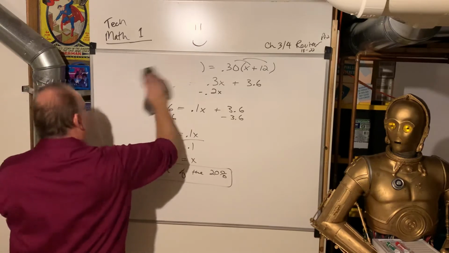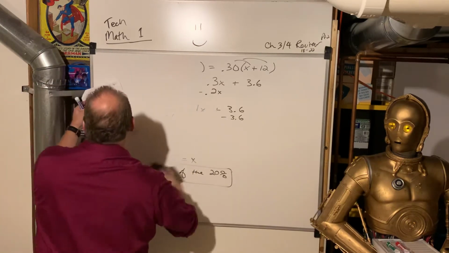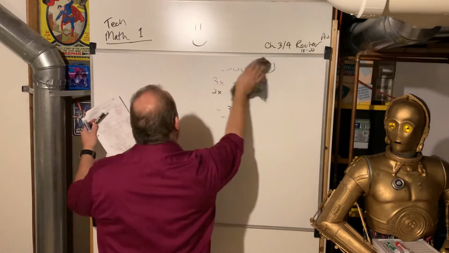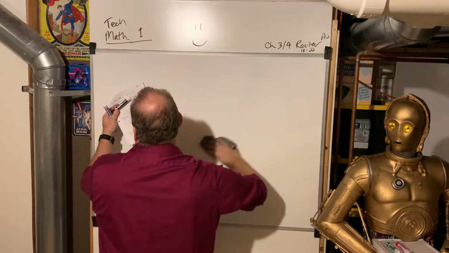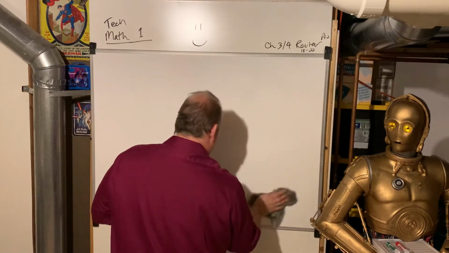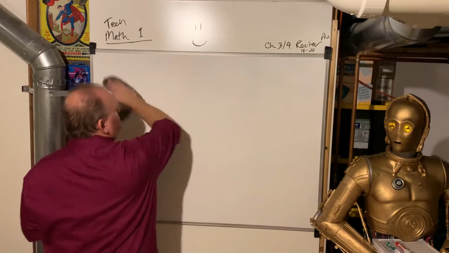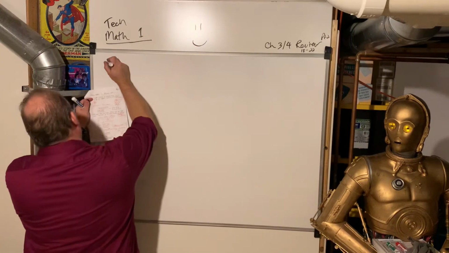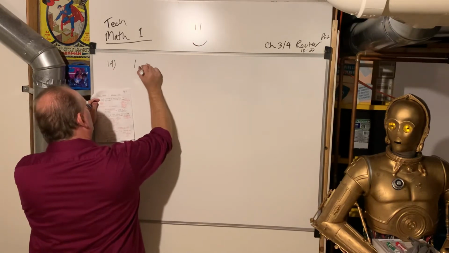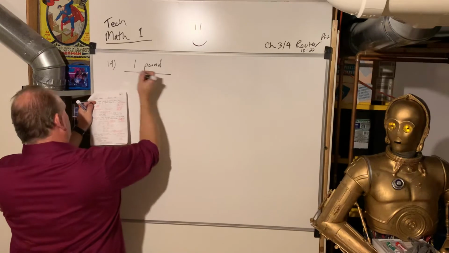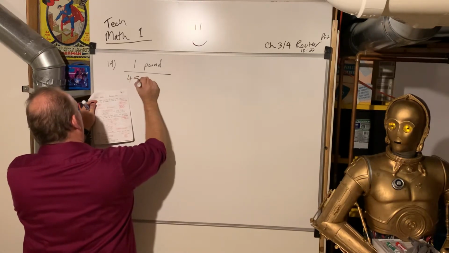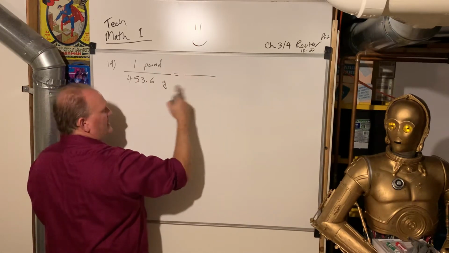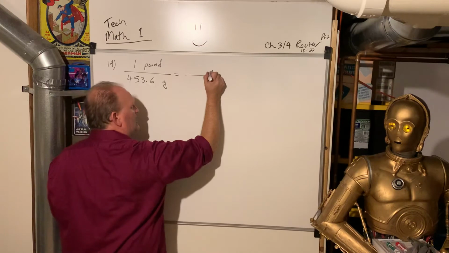All right, let's look at number 19. If 1 pound is equal to 453.6 grams, how many pounds are in 1,000 grams? Again, I showed you in the notes that there are actually 2 different ways to do this problem. I'm going to do it with a proportion. 1 pound is equivalent to 453.6 grams. When you set up a proportion like this, pounds go across from pounds,